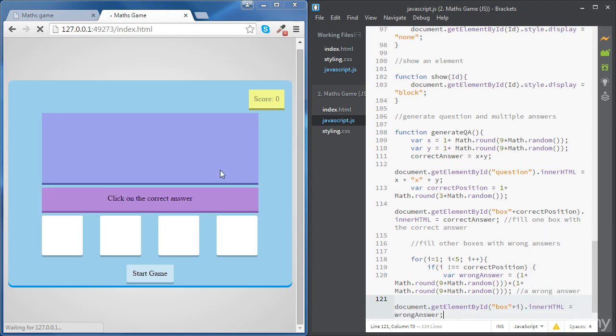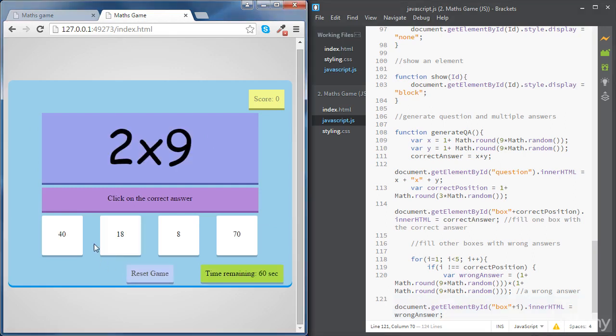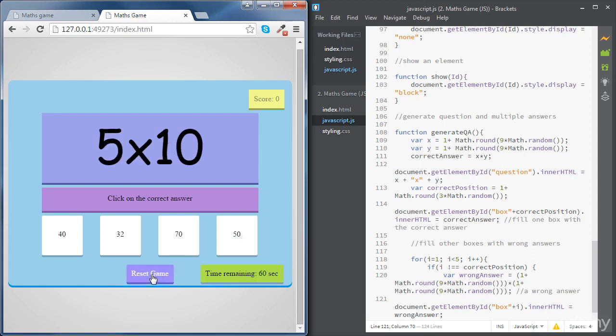So if we save and try this, now we can see all the boxes filled with answers. So that's the correct answer, and all the other ones, they've got wrong answers. If we reset the game and try again, we see again,